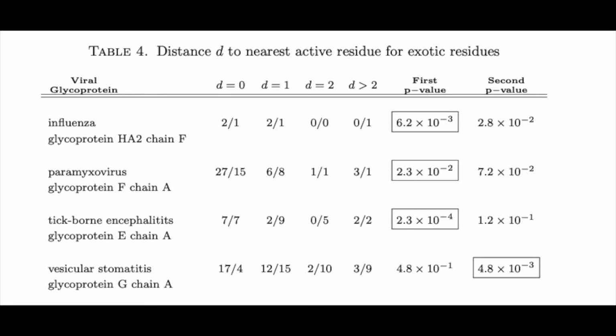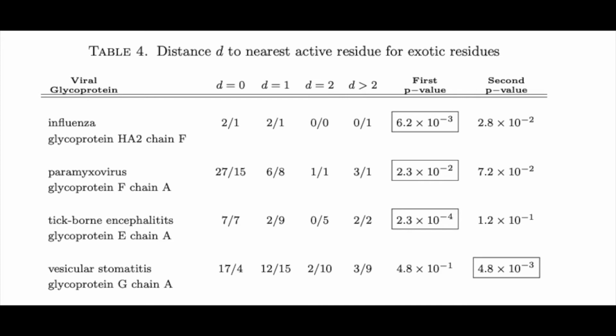This second table presents a histogram of distances from exotic residues to the nearest conformationally active one, where the data is presented as a fraction, with the denominator the number of data points where the free energy is conserved within one residue along the backbone between pre- and post-fusion conformations, and the numerator the number of dissipative examples where it is not. The first p-value tests our hypothesis from before that an exotic residue lies within one residue along the backbone of a conformationally active one with respect to the natural trinomial distributions and probability tails in the 4 examples,